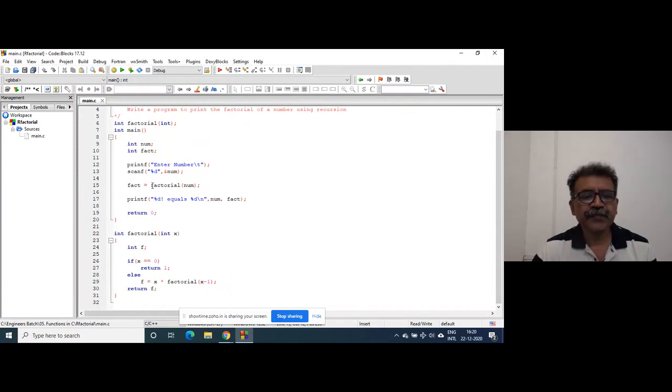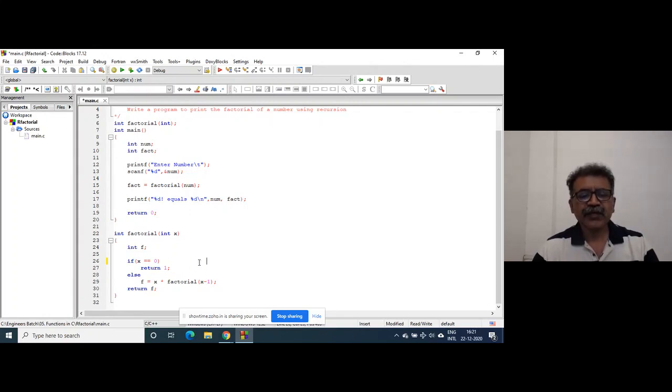Basically, this was the recursive function we wrote yesterday. So this is a function call, and whatever number the user enters is sent and collected in a formal argument x. Now this is a base case for the recursion, right?